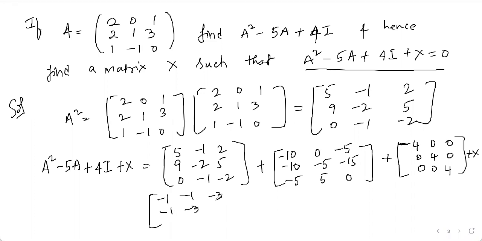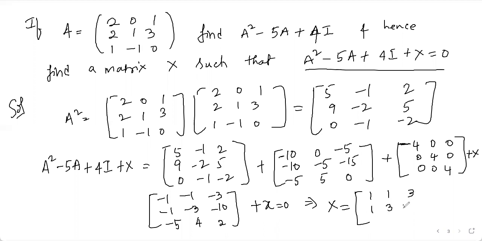Minus 3, and minus 10 and minus 5, 4 and 2, right? So we got this, right? Now this plus X is equal to 0. I want X. So you take it to the right hand side. So X will be, so minus becomes plus. So this is 1 and this is 1, 3, 1, 3, 10, 5, minus 4, 2,